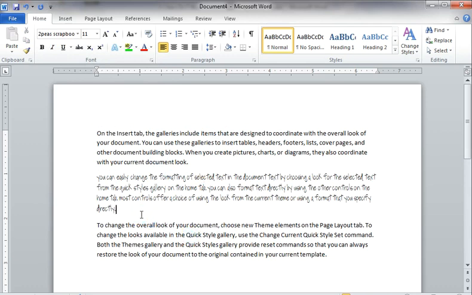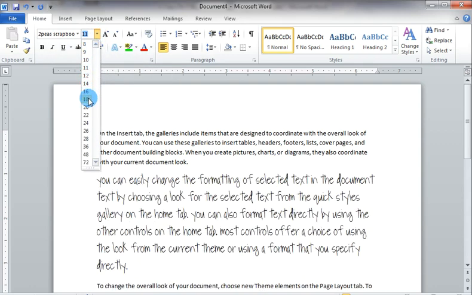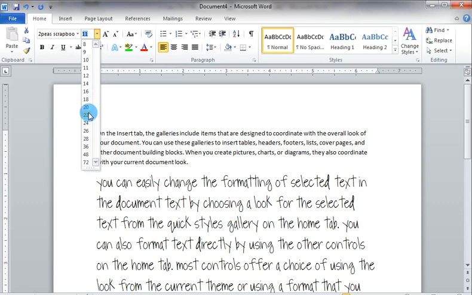And to change the size of the text, by clicking on this drop down arrow, font size, you can change the size of the font.